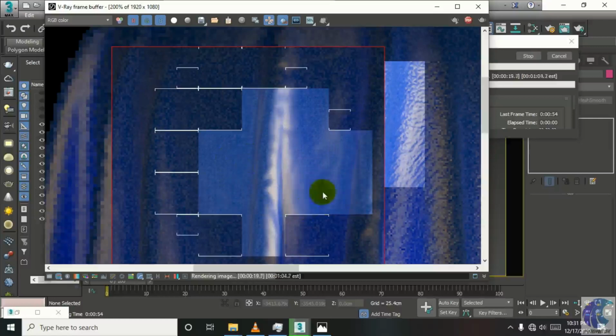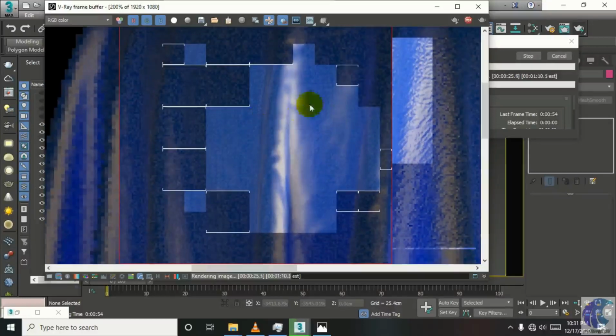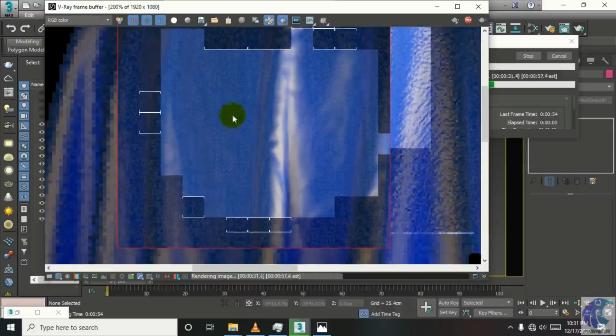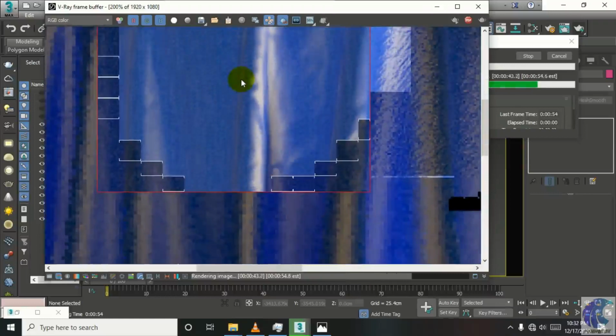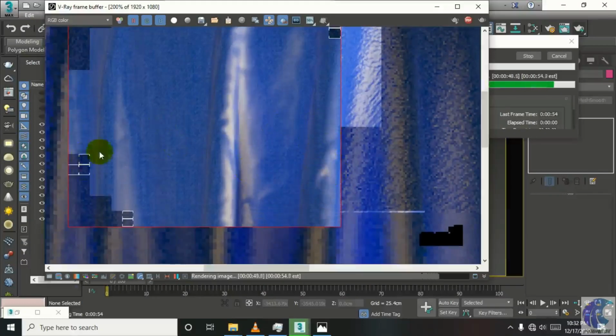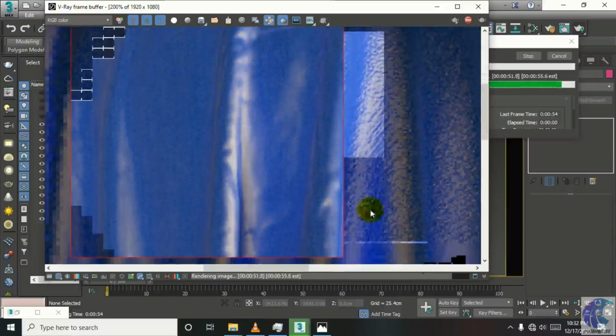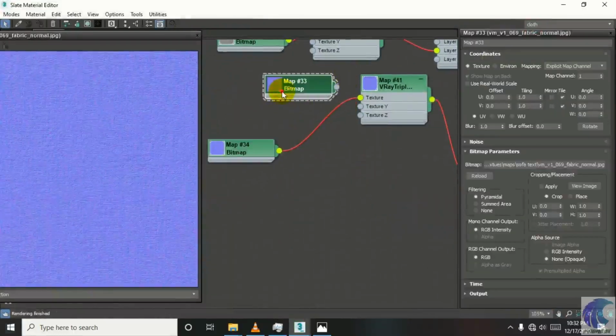Look at this, this surface now has some wrinkles. This is wrinkled, and this line is wrinkled, but it was not wrinkled before. These are the wrinkles, and these wrinkles are based upon the map. Look at this, we have put on our normal map. These are the wrinkles. So we have to composite these two maps with each other.